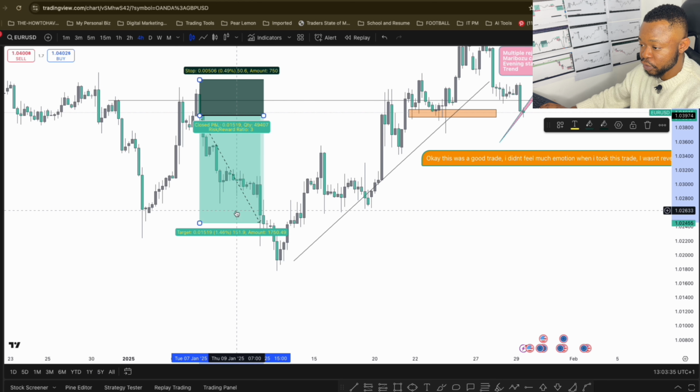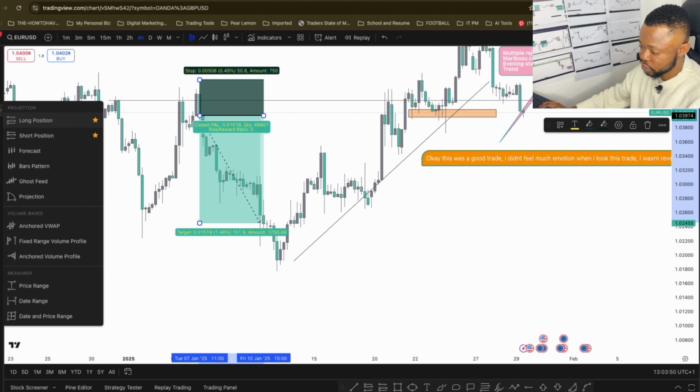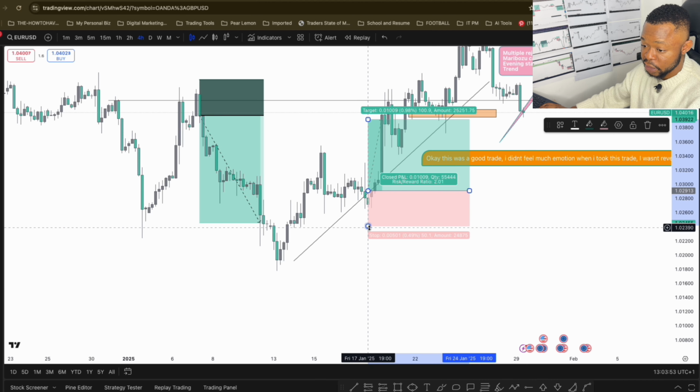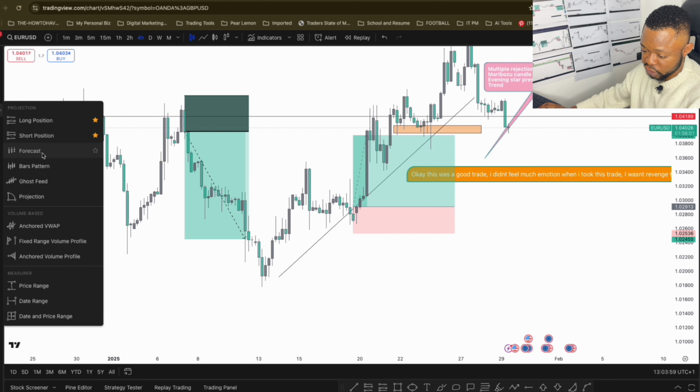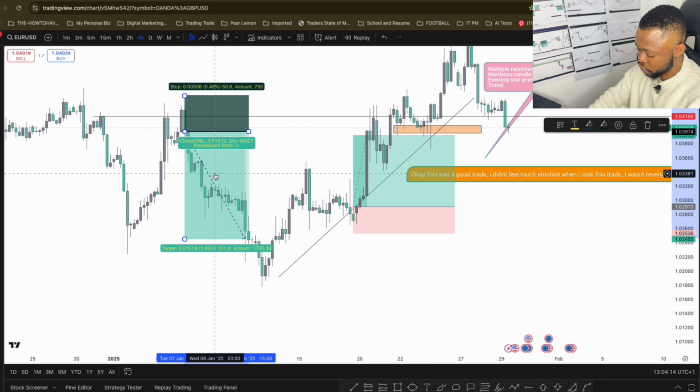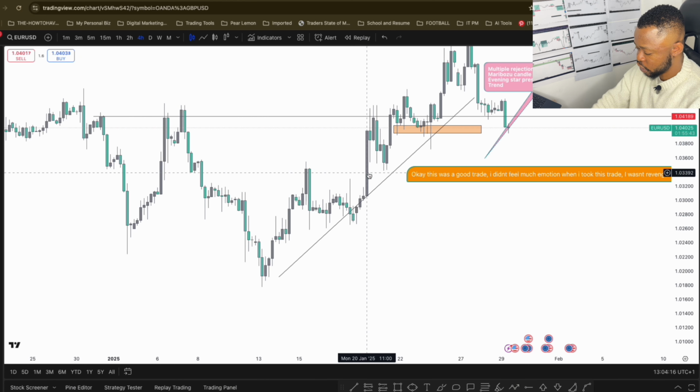So when I go on and use my position size calculator like we spoke earlier, you put 50 pips as your baseline for your risk, and your target is 150 pips. So these are some projection tools you can use and some drawing tools you can use. If you want to buy, you use the long, and that's how it goes. So these are some tools. There are loads of them. You can use your forecast tool, you can use your projection tool, you can use your price range. I don't use a lot of these tools. The main one I use for projection is just the long and short, because my trading strategy doesn't really relate to all of this. So yeah, let's get the charts cleaned up so we can continue with the rest of the video.